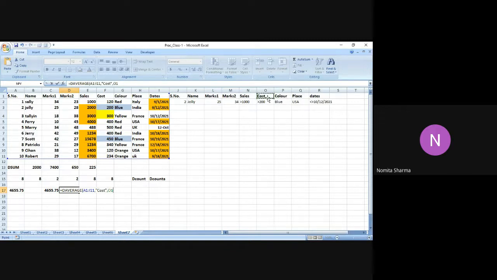I want to have the cost which is more than 200. I close the bracket, and I get this as the answer. Now let me check what is the value which is more than 200. So for cost, the first is this 300, 400, and then you have 234.